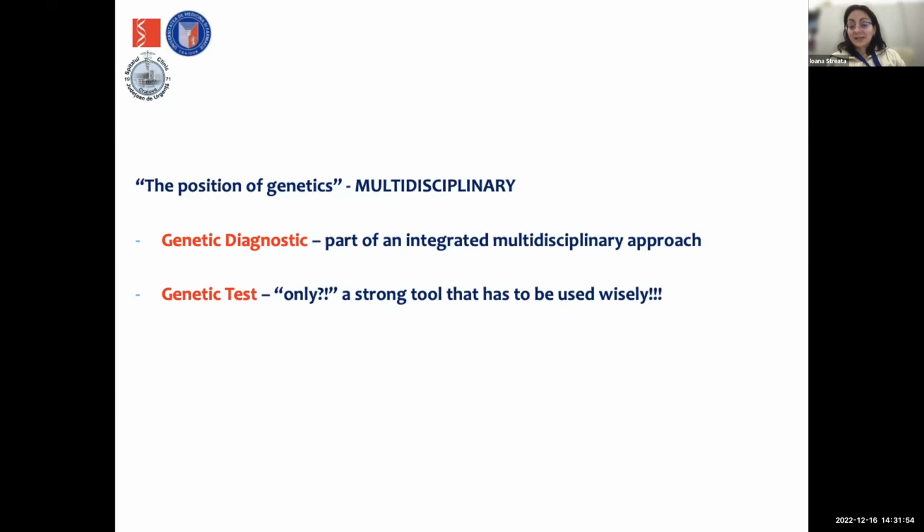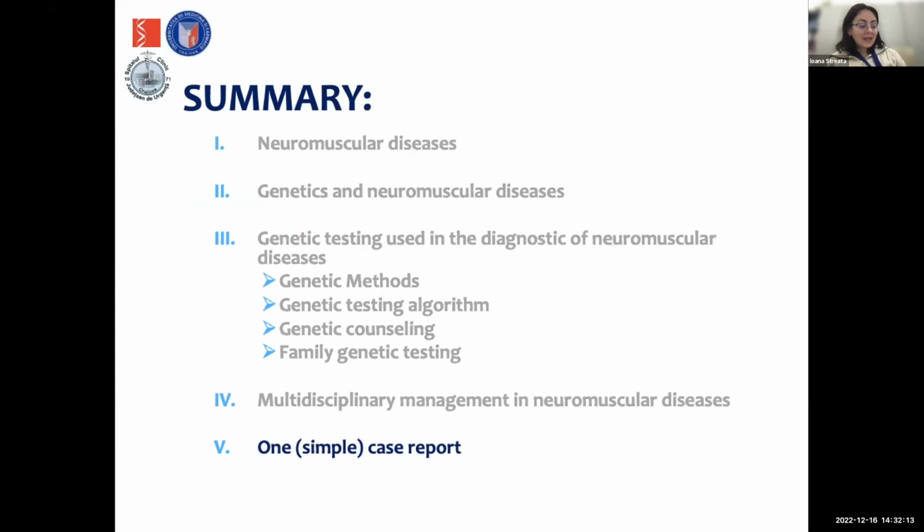And the genetic test is just a strong tool that has to be used carefully and wisely if we want to obtain more advantages than disadvantages. And as I've mentioned, I will conclude with